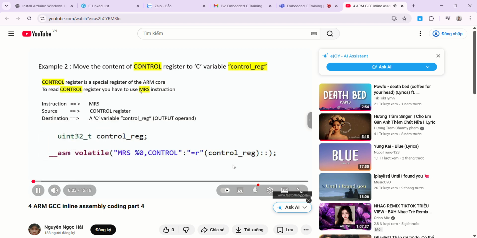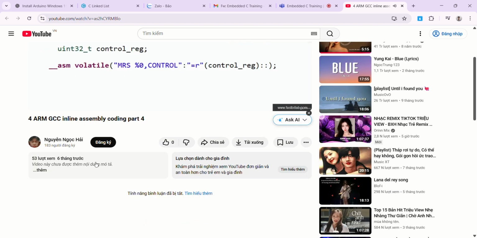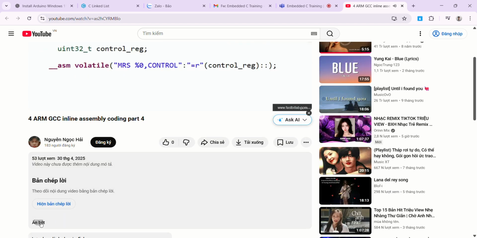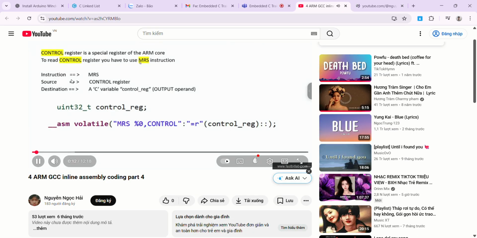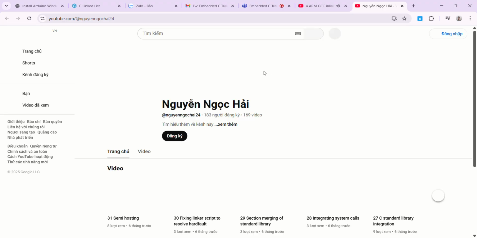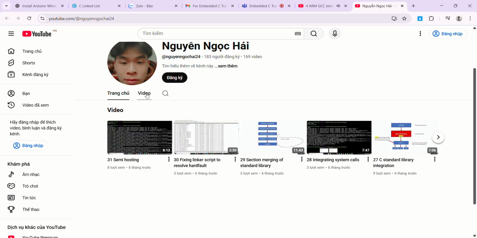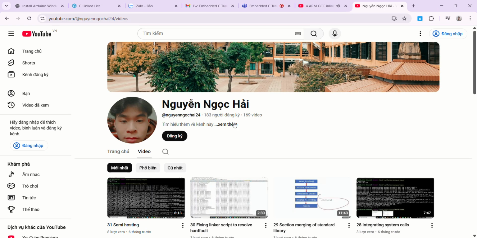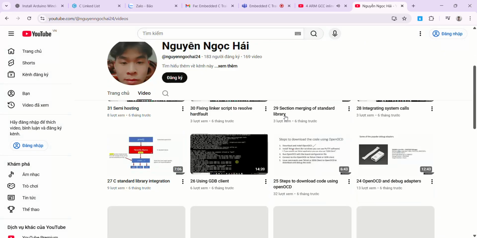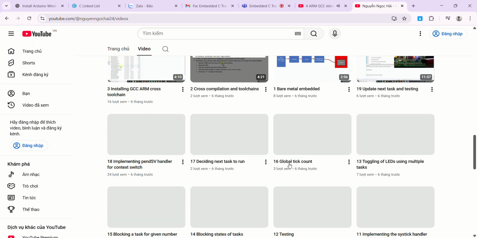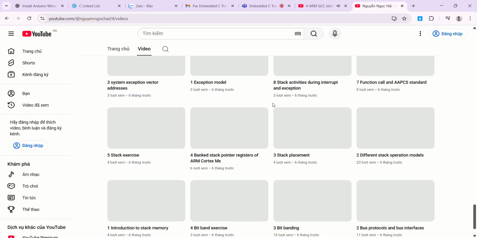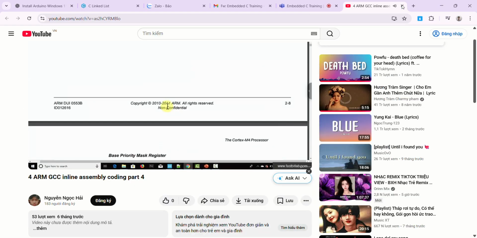Content of the control register to the C variable control_reg. Here, the control register is a special register of the ARM core. How do you read the special register, which is the control register? To read a special register, there are some separate instructions in the instruction set. Let's explore that. In order to explore all the instructions of your processor, you have to refer to the instruction